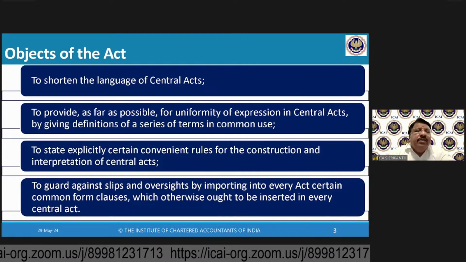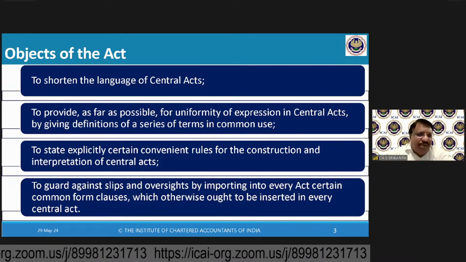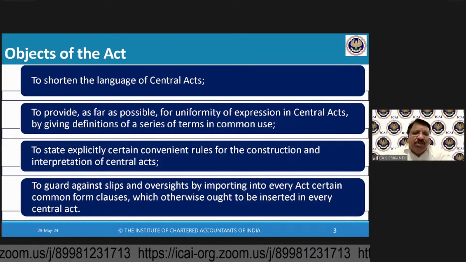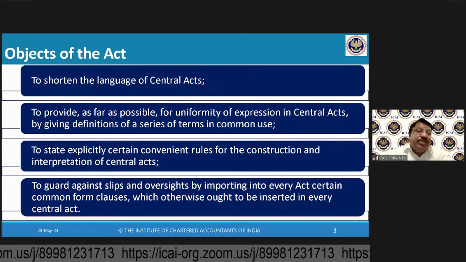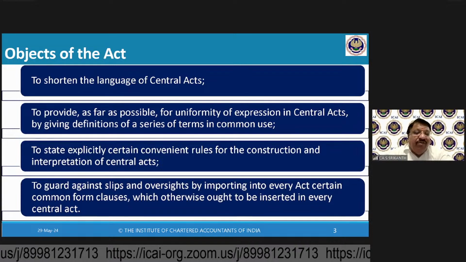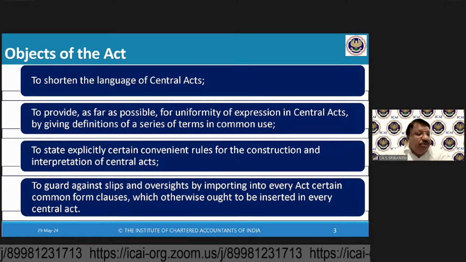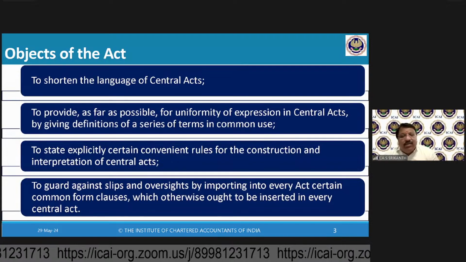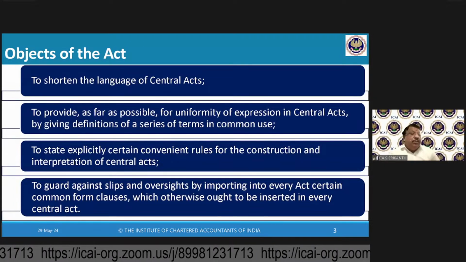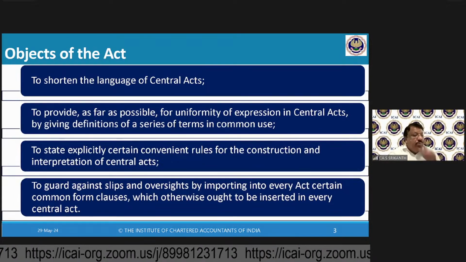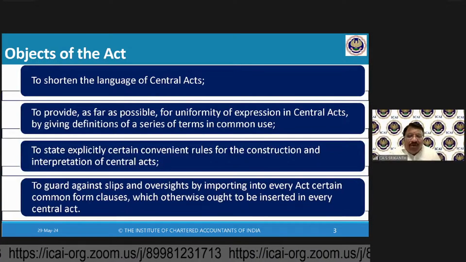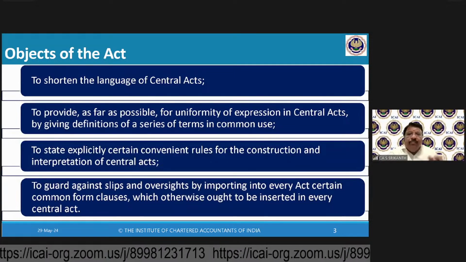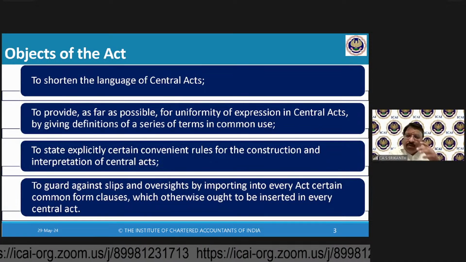Now the point here is, just for information, to provide as far as possible for uniformity of expression in central acts by giving definitions of a series of terms in common use, right? One more reason why we use the British system is that in India itself, suppose you want to use any of the Indian systems, you'll be in trouble because most of our chronology is based on, see, some